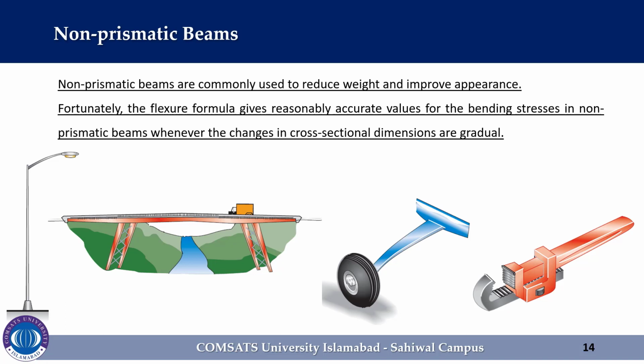The manner in which the bending stresses vary along the axis of a non-prismatic beam is not the same as for a prismatic beam. In a prismatic beam, the section modulus S is constant and therefore the stresses vary in direct proportion to the bending moment. However, in a non-prismatic beam, the section modulus also varies along the axis. Consequently, we cannot assume that the maximum stresses occur at the cross-section with the largest bending moment. Sometimes the maximum stresses occur elsewhere.